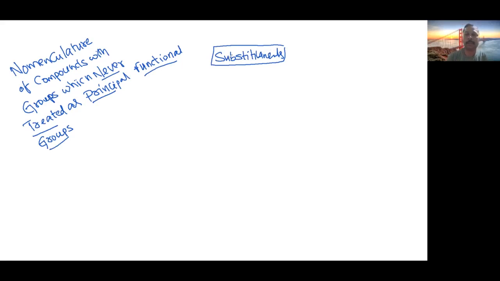They will affect the chemical properties, but still we don't call them a functional group. We will treat them as substituents only. Once I say substituents, they will be written in the prefixes. Why am I telling this about functional group and substituent? Because it affects a lot.